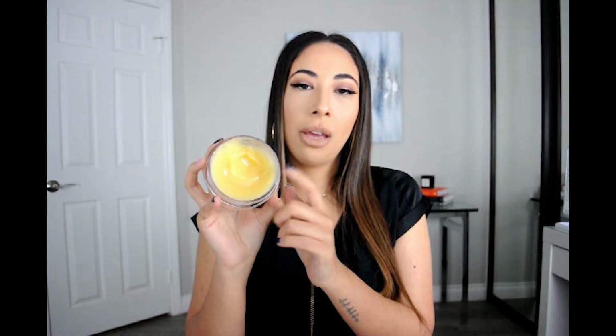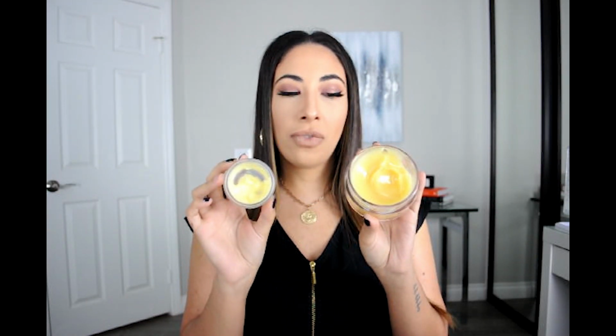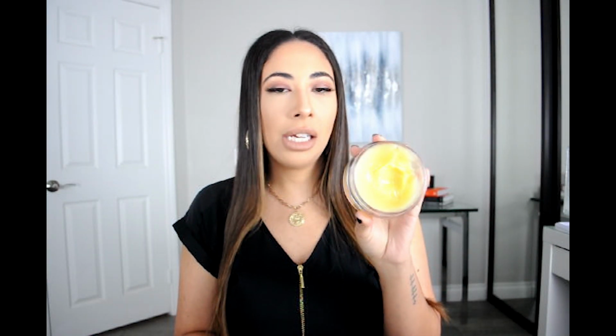A cleansing balm is going to be a little bit heavier. It's going to usually come in a pot like this. This is the Elemis Pro Collagen Cleansing Balm. And I also have this one, which I love, as you can see. This is the Colleen Rothschild Radiant Cleansing Balm. So these are 2 of my favorites. This one I would consider to be more of a medium consistency. So it's not super heavy and it's not super lightweight. In my collection of the 3 that I'm going to show you, the Chanel would be the lightest weight as far as oil goes. And then next up would be the Elemis, and the heaviest one would be the Colleen